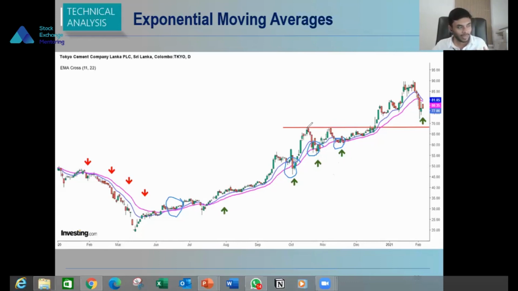And also, do you remember the resistance line we spoke about? So with this resistance and our moving average pointing upward, we can expect some resistance breakout at these levels. So now you can see our historical resistance line price action analysis and our moving average indicator are giving us the idea to make our trading decisions. Okay. So this is the opportunity for us to make our trading decisions based on the moving averages. So I will go through another example.